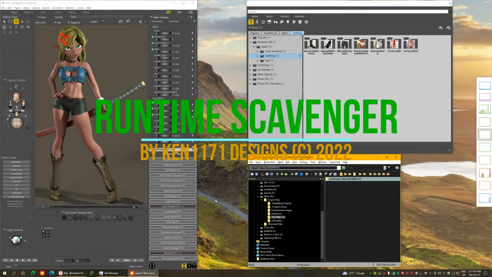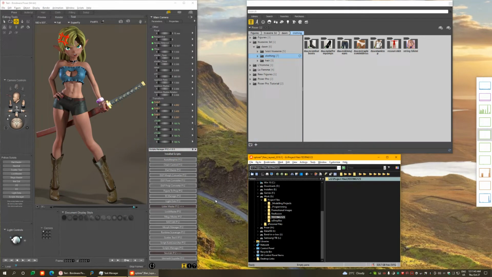Hi, this is Ken 1171, and today I want to show you a new script I have created to do a very particular task in Poser, which is to extract content you have installed in your runtime, or content that already came with your runtime. Either way, I made a new script that can extract and create an installer for whatever content you have in